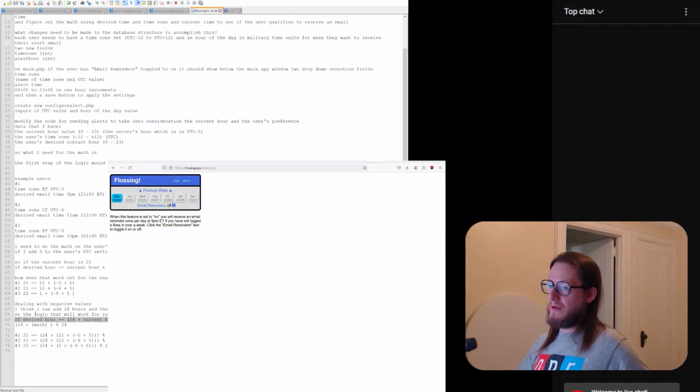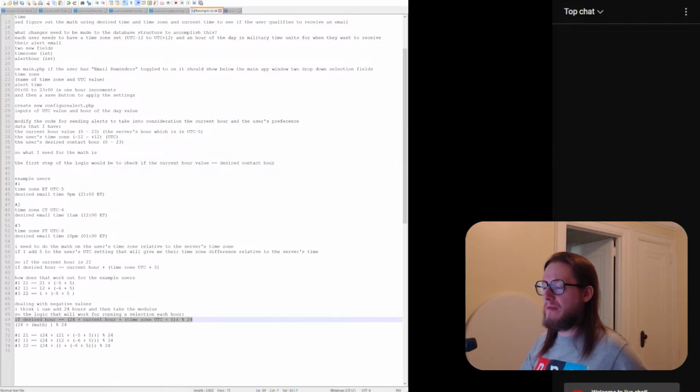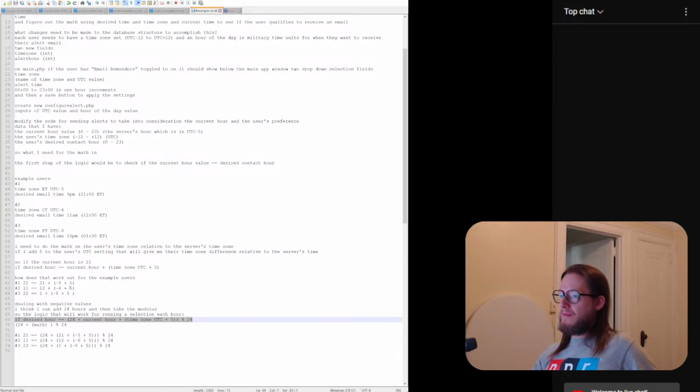I think this is the solution. So if I have the user set their time zone and the hour that they want to receive the email in their specific time zone,